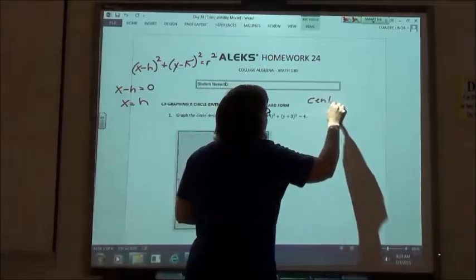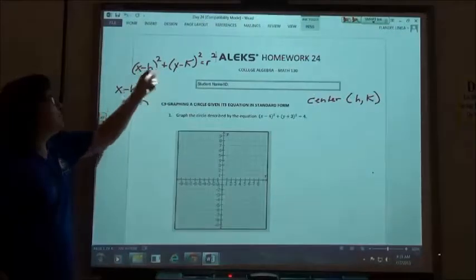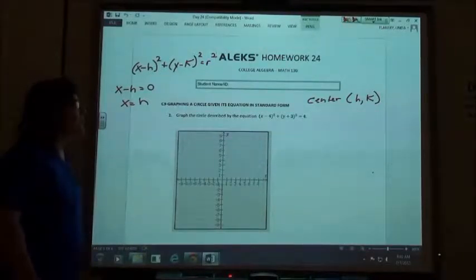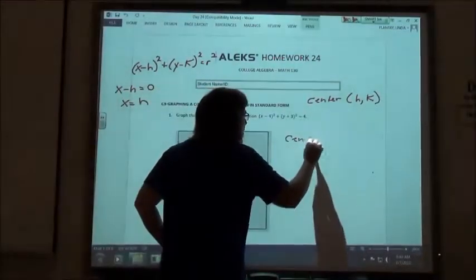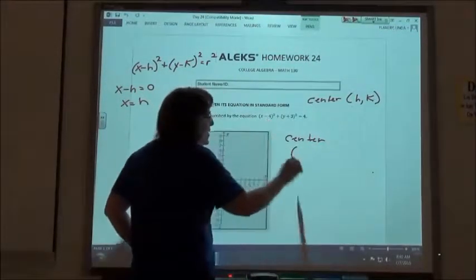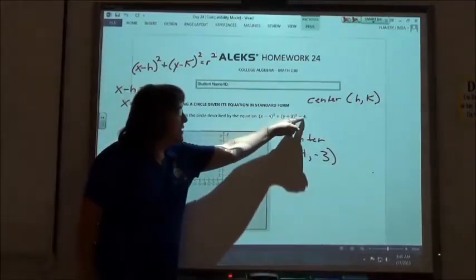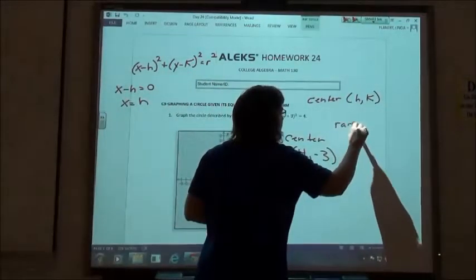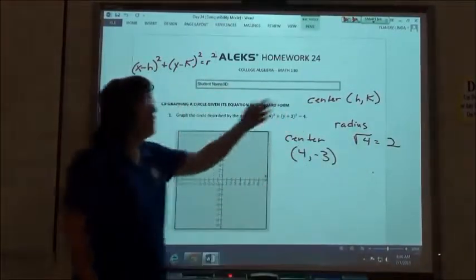They'll tell you that the center is going to be at h and k, but since you have the minus in there, you got to move it over, makes it the opposite sign. So on this one, if I have x minus 4 squared plus y plus 3 squared equals 4, my center is going to be at a positive 4 and a negative 3. This number here, again, is squared, so the radius is going to be the square root of 4, which is 2,